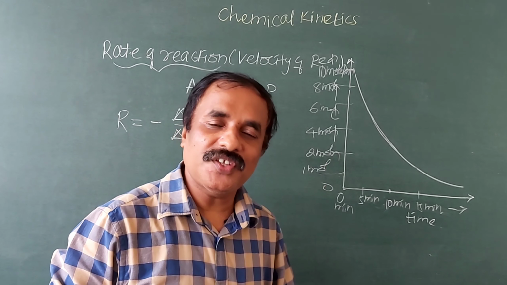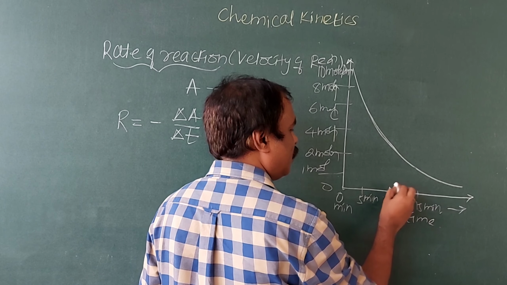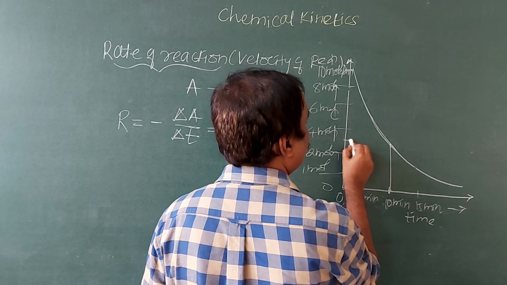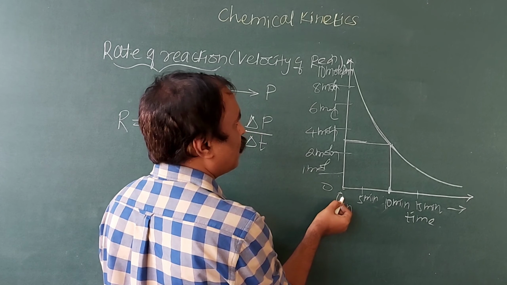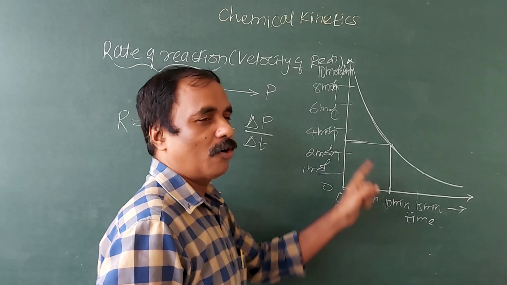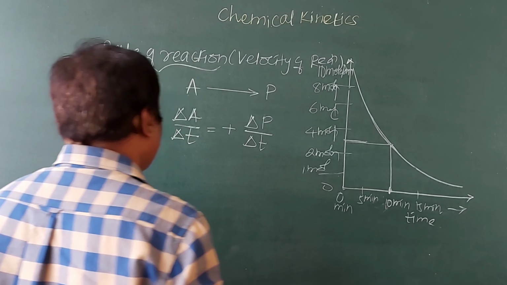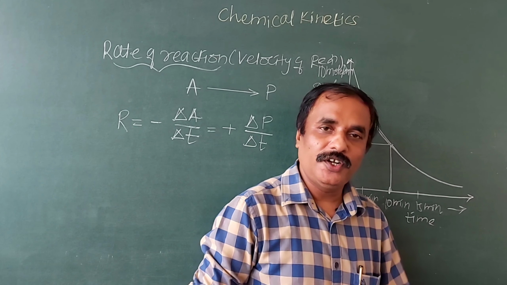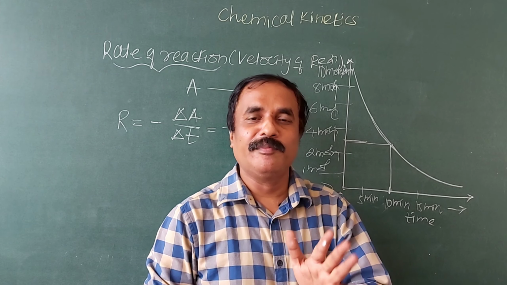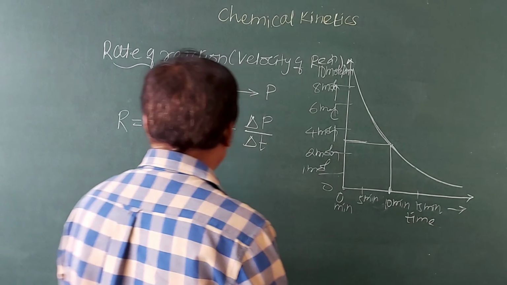And when reaction progress is followed by time, suppose I want to find out the rate of reaction after 10 minutes, in graphical representation it will be like this. Initially when time is 0, the concentration is 10 moles per dm cube. After 10 minutes, near about 3 moles per dm cube, as the concentration of reactant decreased. So this rate is said to be the instantaneous rate of reaction. When reaction progress is followed by time, it is known as the instantaneous rate of reaction.